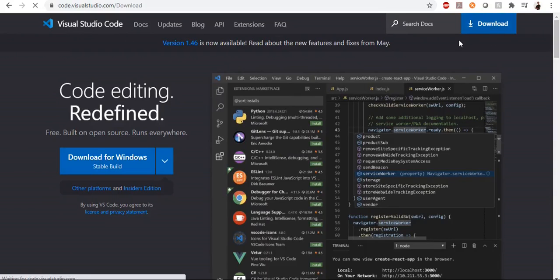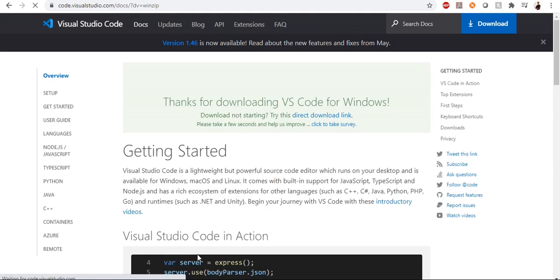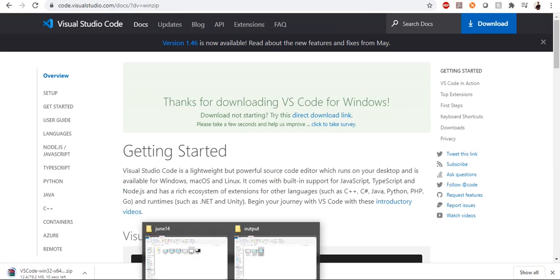Click on this download. If you want to go for the exe file, you can download the exe file. Or if you just want to use the already installed one, then you can click on this link. I have provided the link in the description. Click on this .zip so that you don't need to install it again in your system. I have already done that.